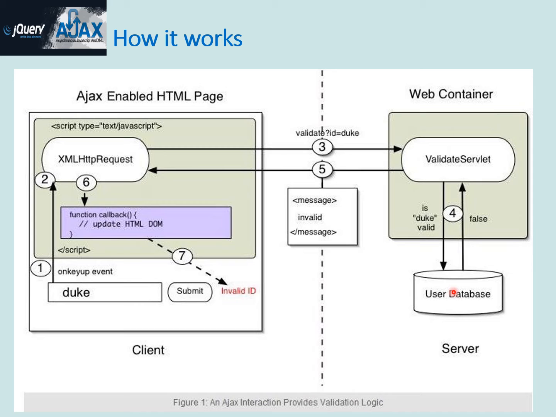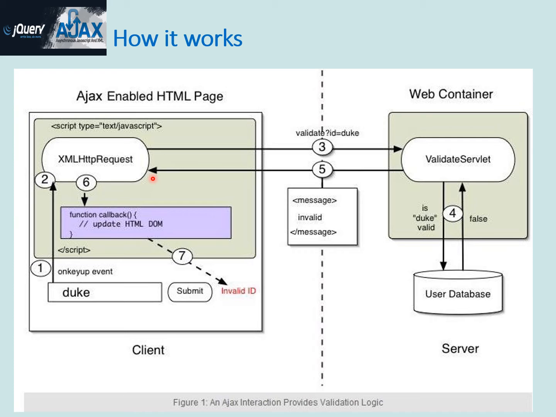So from the database it gets the information that it is a false value, and that information is given back to the validate servlet program. From the validate servlet program, this false information will be given back to the requesting browser as an HTTP response object. A message is included in the corresponding response object, an invalid message, and that response object is given back to the requesting HTML web page or browser.